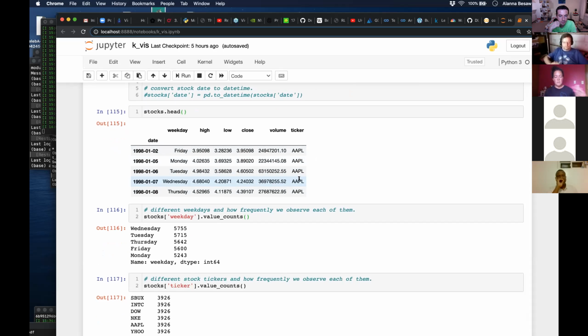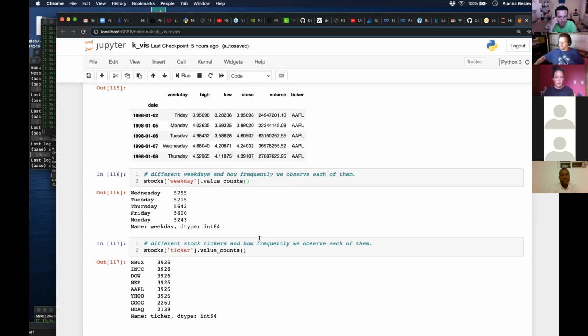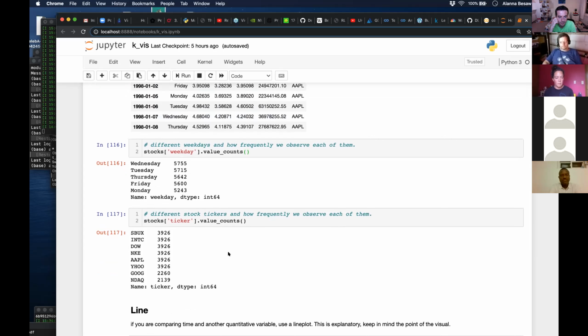And since it's stocks, it shows the day, the high, the low, the closing price, and the volume. And to keep it brief for this evening, I'm just going to use the closing price. So we've just got the date and the closing price to think about today. And this was just a couple of things that I did